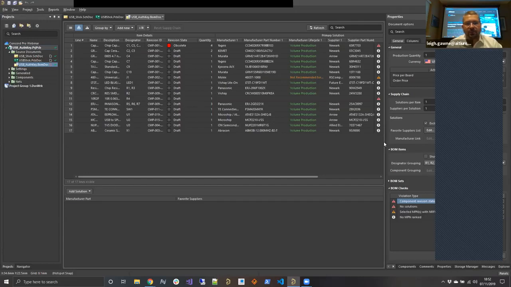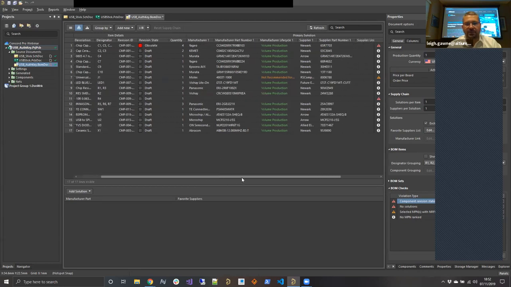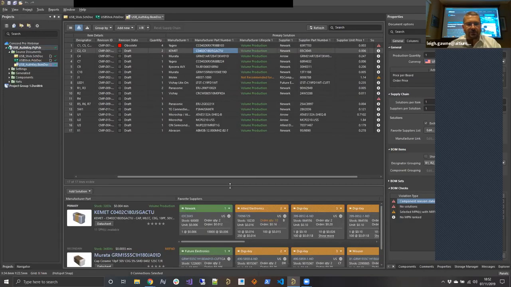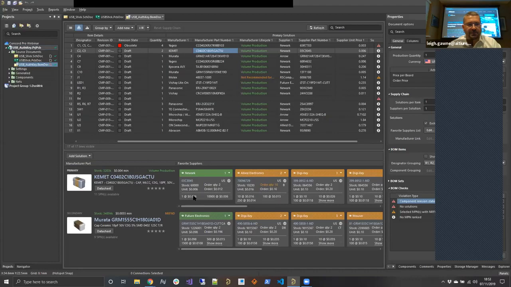So what you're looking at now is an active BOM document that lists all of the parts that we actually got used in that design today. And again, you can see that these parts that are used are in the revision state obsolete. So again, I get this holistic overview of the state of the parts throughout the entire design at this point. I can also see the manufacturers, manufacturer part numbers, and the supply chain solutions for each of these too. You go and click onto one of those, you get a master detail view here,